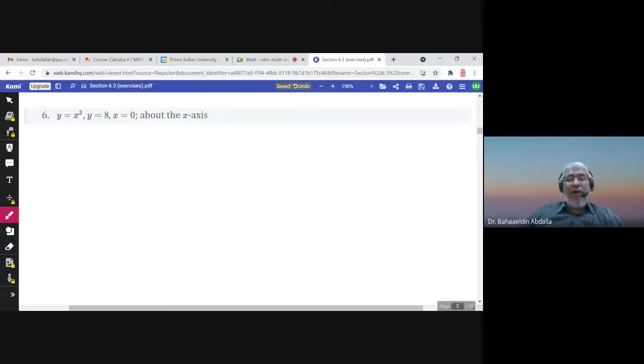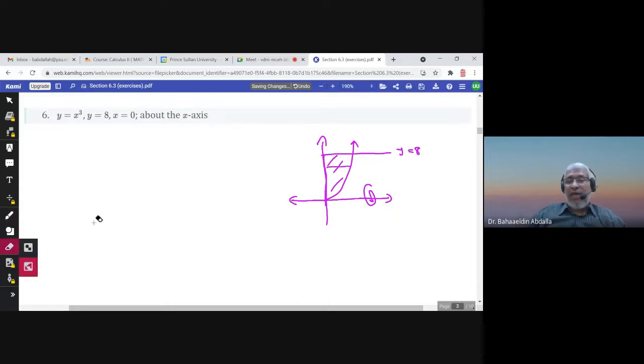Okay, y equals x cubed, and y equals 8, and x equals 0. So this is the region. About the x-axis, well, using the cylindrical shell, I choose a rectangle parallel to the x-axis. So the volume would be given by